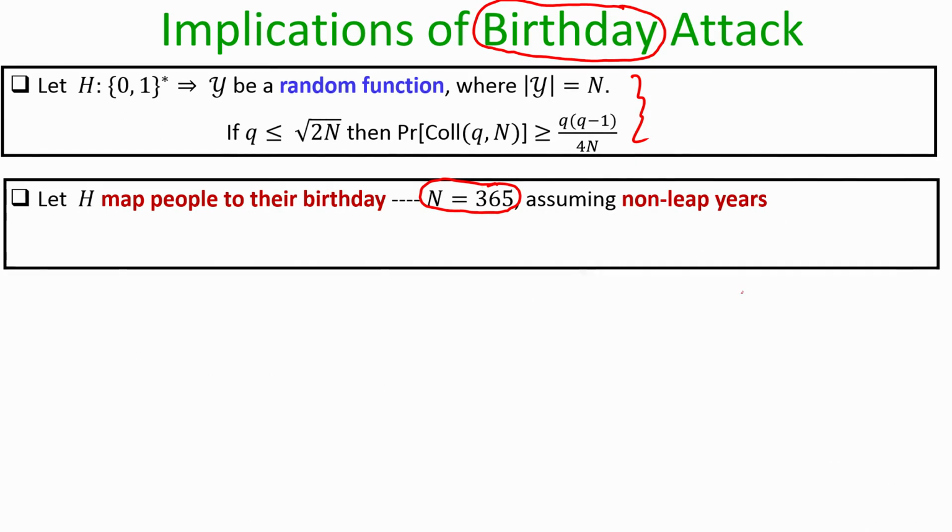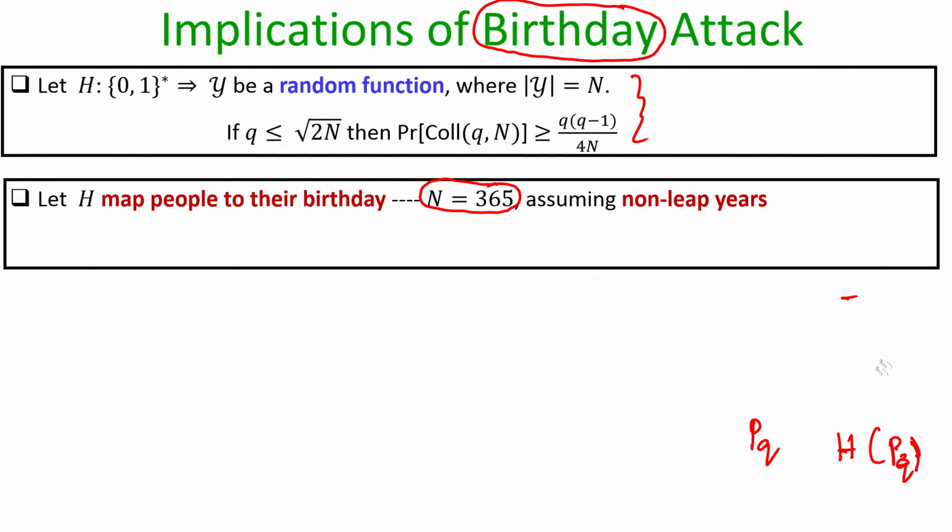So, you have q people, say person 1, person 2 and person q, and their birthdays are h of p1, h of p2, h of p3 and so on, and we want to find the probability that among those q people there exist at least 2 people who have the same birthday. I am not requiring that they have the same year of birth as well. I am just interested whether they have the same birthday or not, and the function h here maps those people to their birthdays.